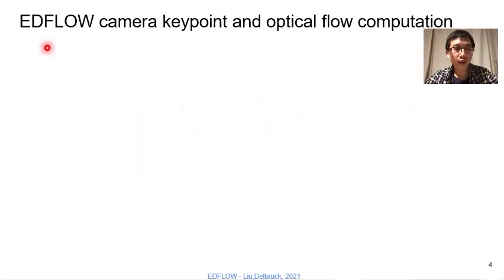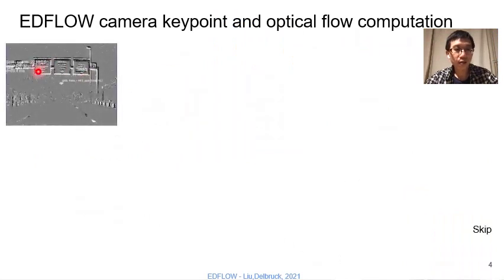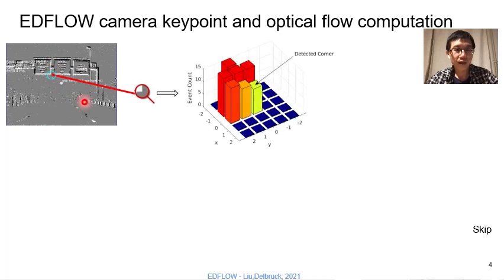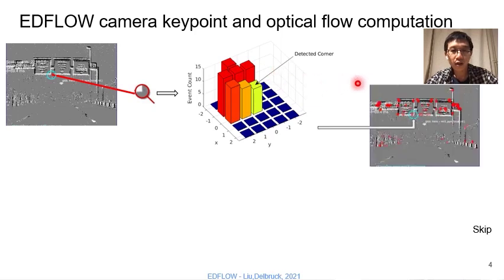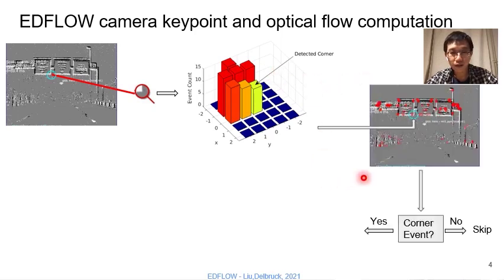Here is an overview of Edflow camera keypoint and optic flow computation. We started with an accumulated event slice, showing here a traffic scene. And then we find a corner here, which is on the edge of the traffic sign. If we magnify it, we get a histogram of these event counts. We detect corners by looking for a streak whose value is larger than all the places on the ring by some threshold amount. Once we find these corners, we can compute optical flow on all events or only these corner events